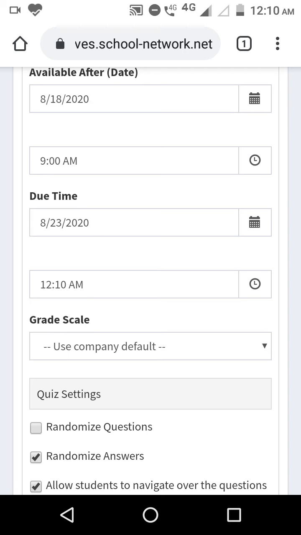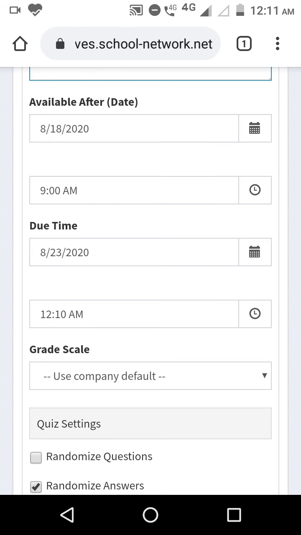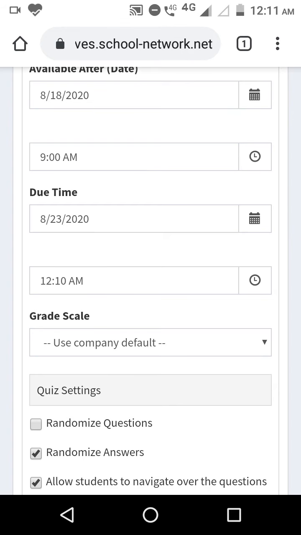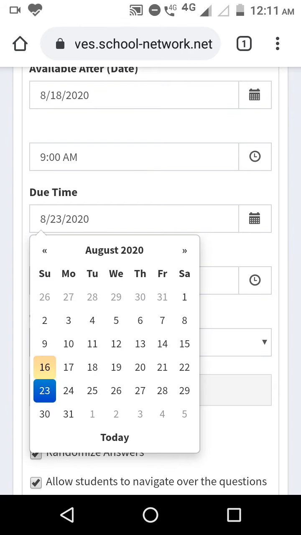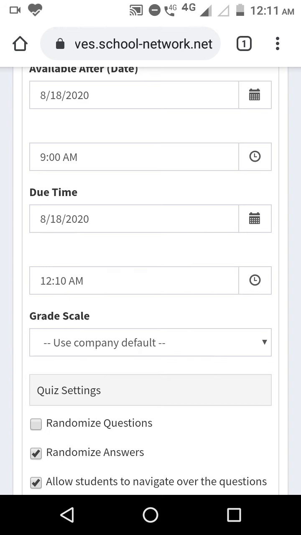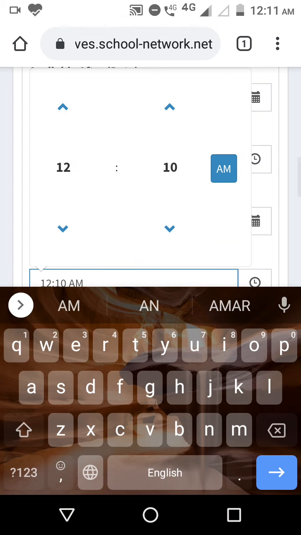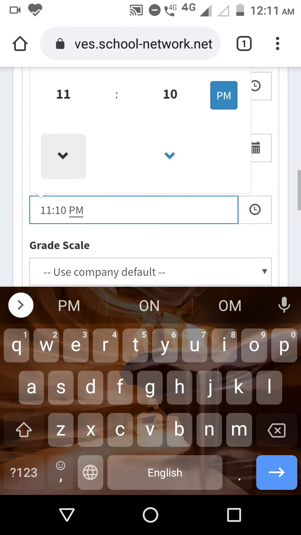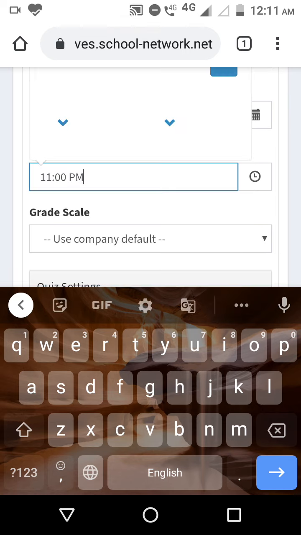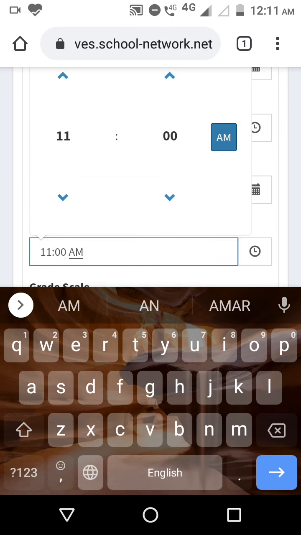So it is very important that you mention the date and due date within your time frame, because basically in an examination we are not getting that much time. For one day we can give a 2 hour time slot, so that within those 2 hours students can enter the examination and finish it, right? So we are again selecting the 18th, and the time as I mentioned is from 9 to 11 o'clock. I'll change it to 11 o'clock and choose AM.